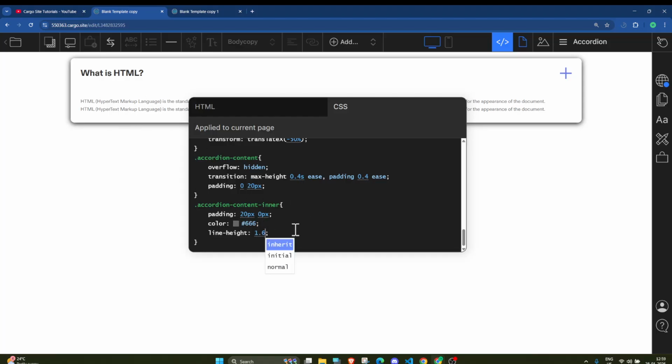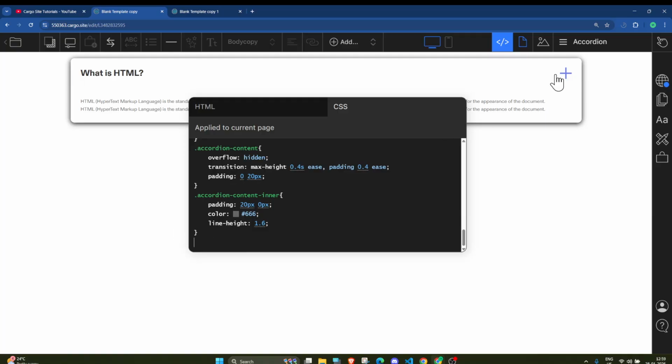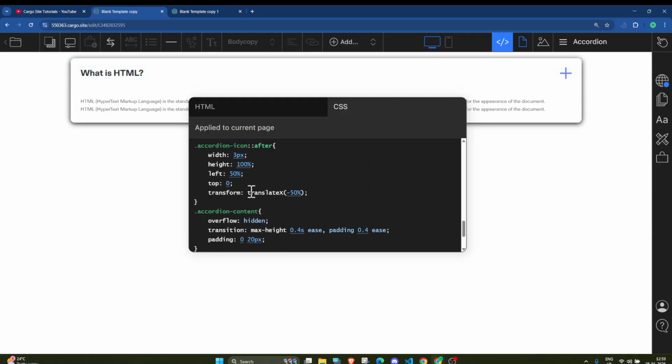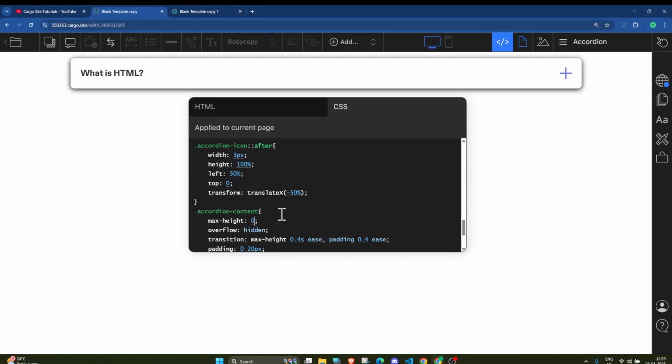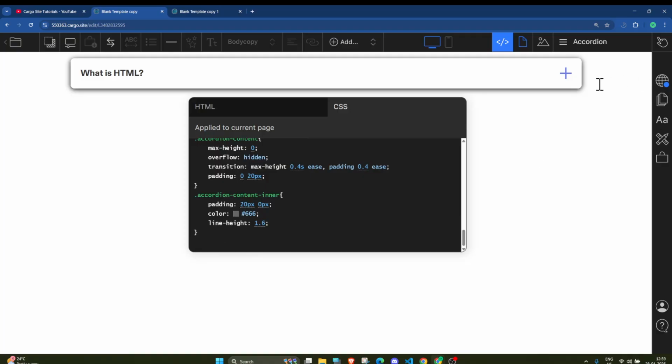After that, we will add the functionality. Okay, now let me make this thing hidden by default, max height 0. And now we will add the CSS so that on clicking on this it should expand and collapse.